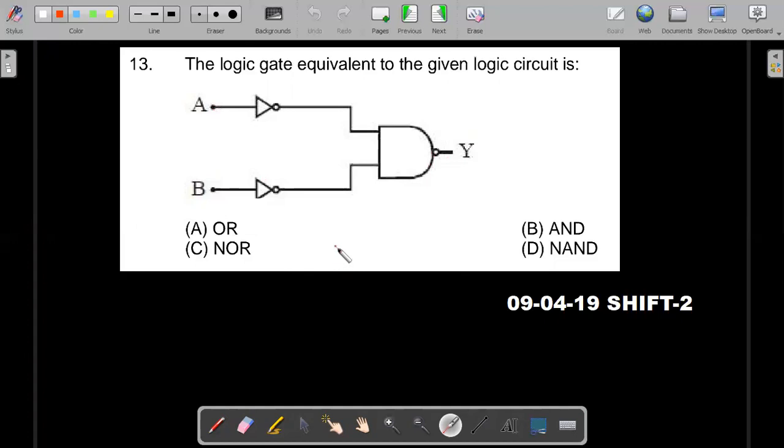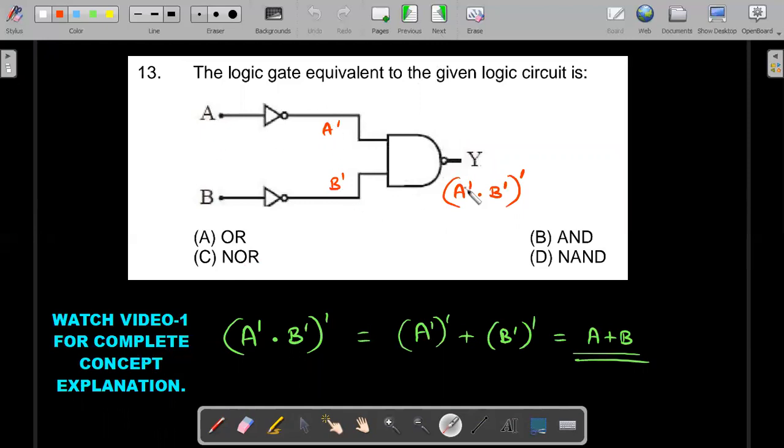But there is an operation that I taught you, I think, in video number 1, so you can directly write the expressions here. If this is A, this is A complement, or not of A. This is B complement, and this is a NAND gate. So you multiply these two and then take the complement: A complement into B complement, whole complement. Remember, I told you already, the complement of a product, when the complement comes inside, becomes an addition. So A complement, B complement, whole complement is complemented individually, but added. This becomes A and this becomes B. So without wasting time drawing the truth table, you can arrive at this answer.